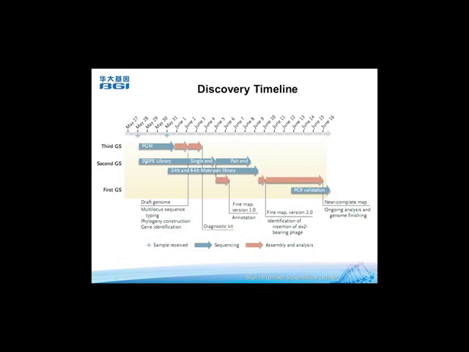And then also in the second generation, at the same time, we used Illumina HiSeq to sequence, to correct some errors and to give us a near complete map. And then we did a PCR validation using Sanger sequencing to help us close the gaps.